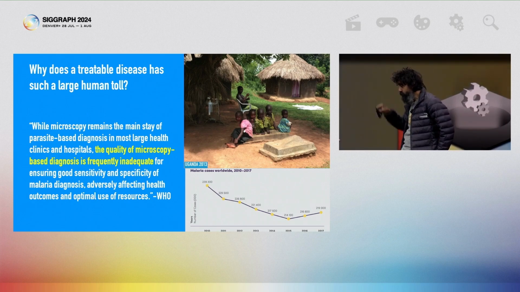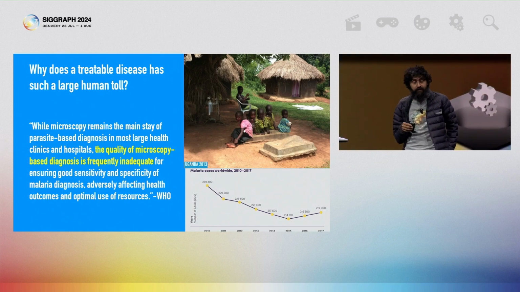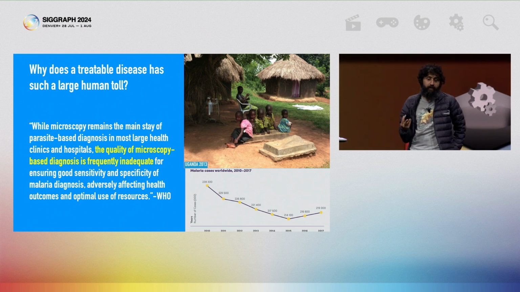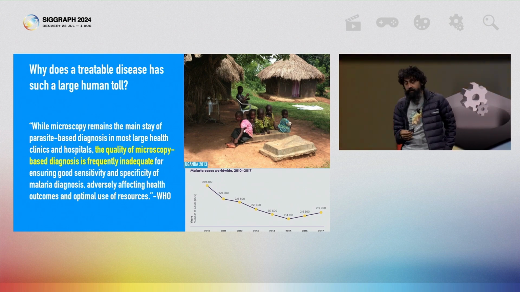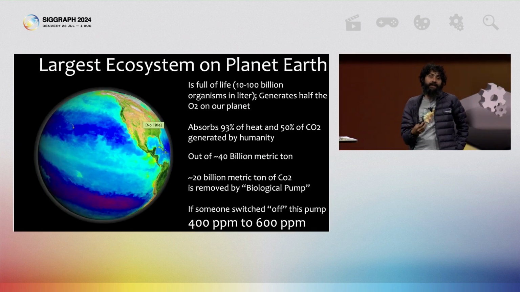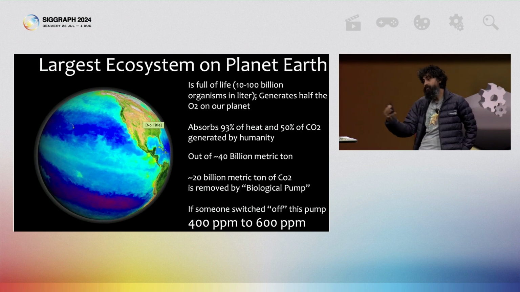This is another photograph that truly reminds me of why I lose sleep. This is a photograph in Uganda. You can see a couple of kids. And what haunts me in this picture is that these kids are playing on the graves of their brothers and sisters. And you usually bury your children right in the front yard because you don't want to forget. And we can't even get there, forget about trying to understand what we might be losing, and these oceans are